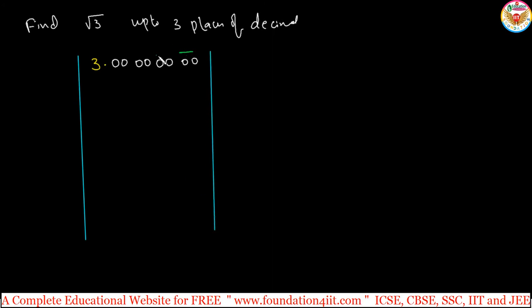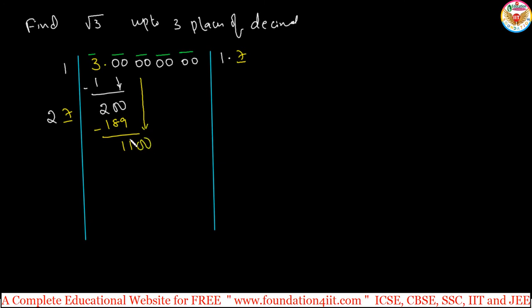Let's find out. From the right side you can mark 2 as one set. Next to 3, after the point, compulsorily an even number of decimal places. 3 is this, because 1 one is 1; 2 twos are 4, which is more than that. Subtract this: 2. Next set, 20. After the point I took the set down, so I must keep the point. 1 should be doubled, so it is 2. Now remember these 2 places. 27 sevens, because 28 eights are more than this one. 27 sevens are 189. Subtract this: 11. Next set, 2 zeros.